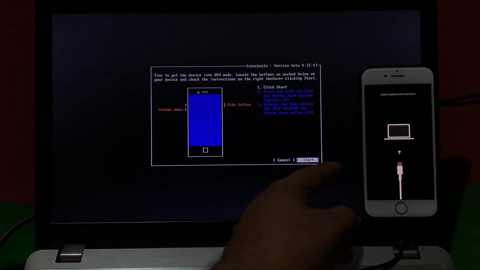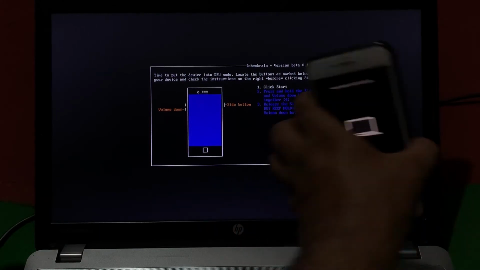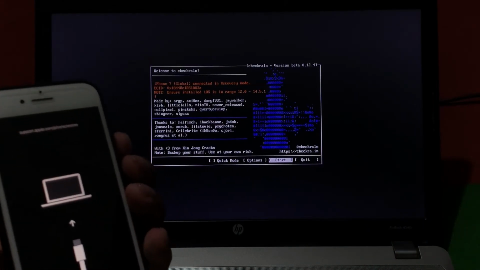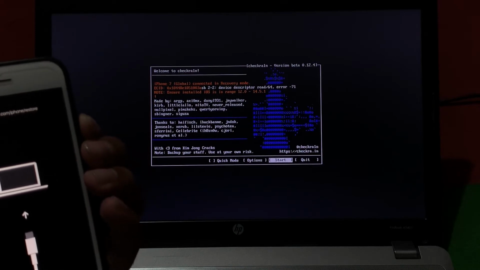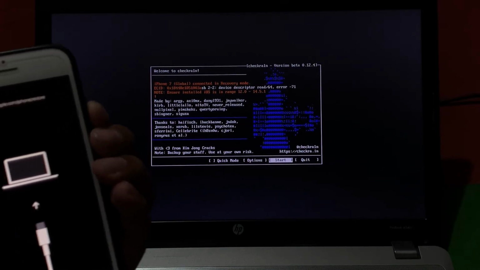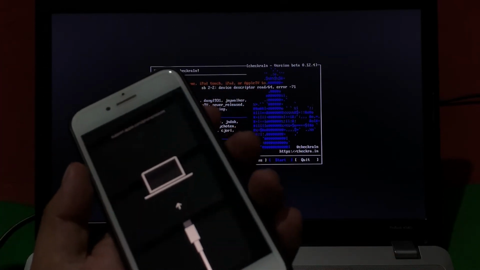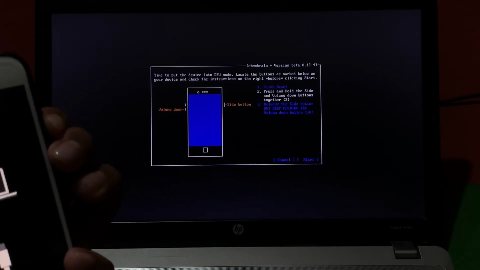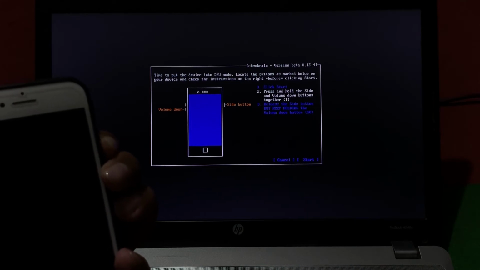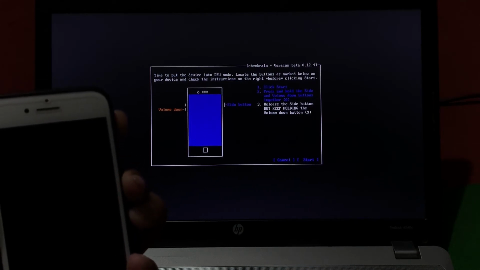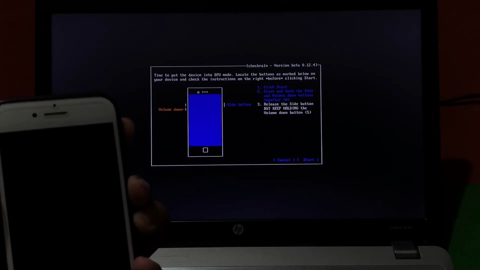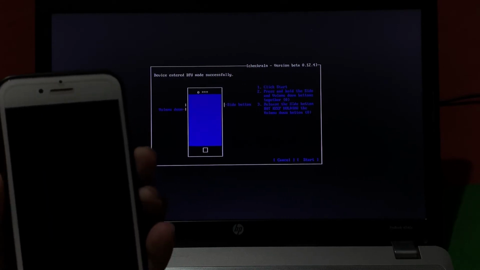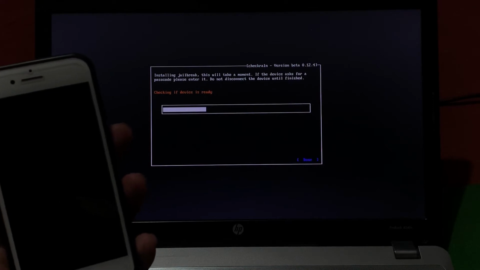Press volume down and the power button. Release the power button and release the volume button. It will take some seconds to wait.